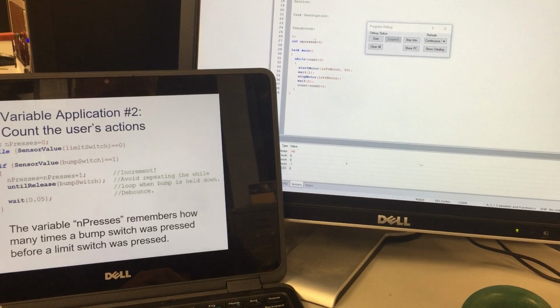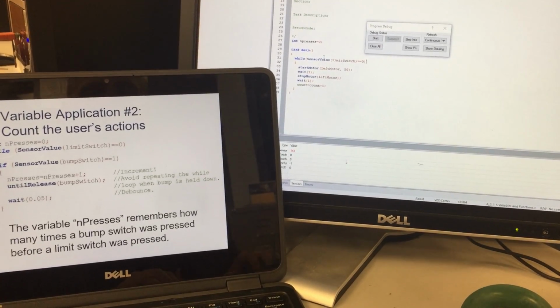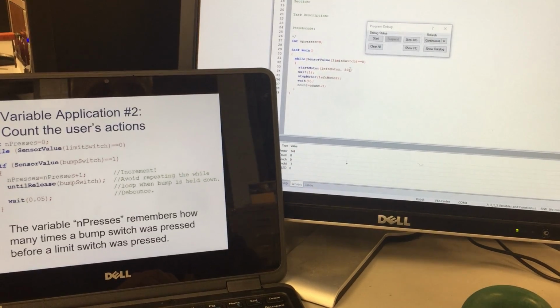So: int inPresses = 0; then task main, while, and we're going to do SensorValue, and then the limit switch, parenthesis, equals 0, close parenthesis. Okay, while that is 0,